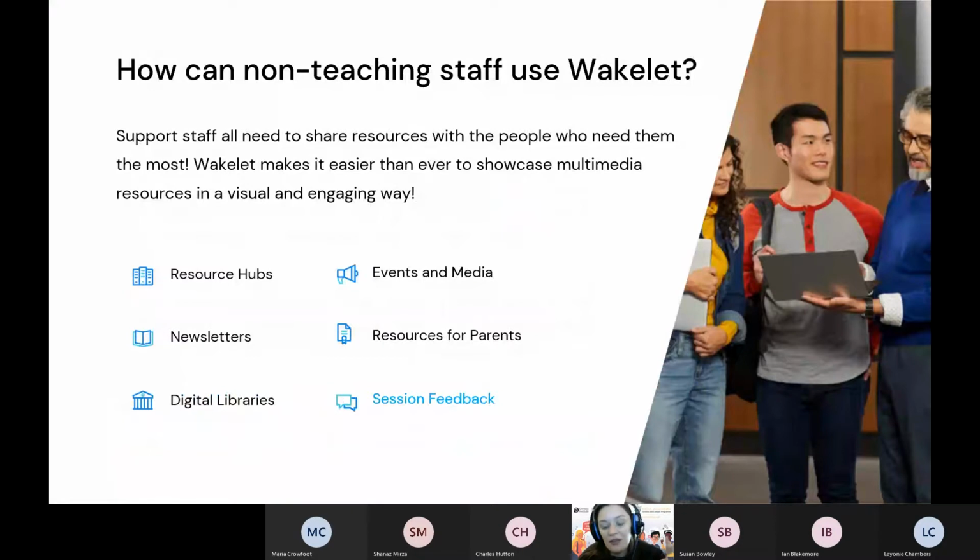You know, if you're working in pastoral support, you could use Wakelet to put together things like mental health resources. You can use it for advertising events. If you've got an employer event coming up, you can attach Wakelets to that. Put together things like contact details for employers. You could put together